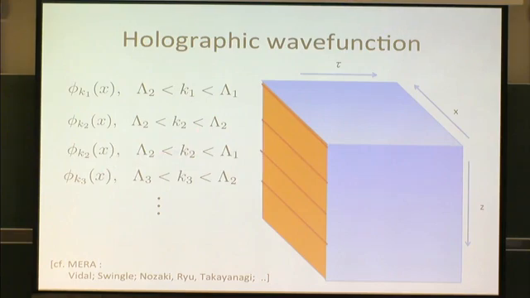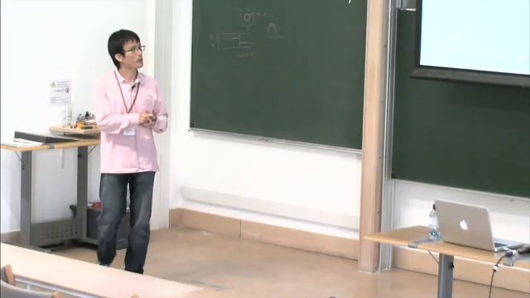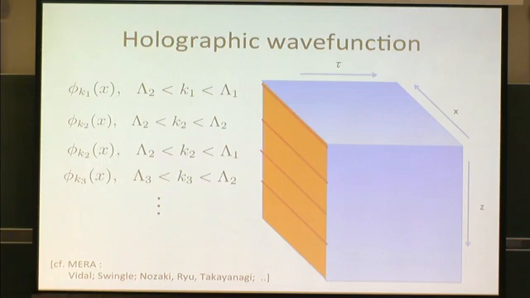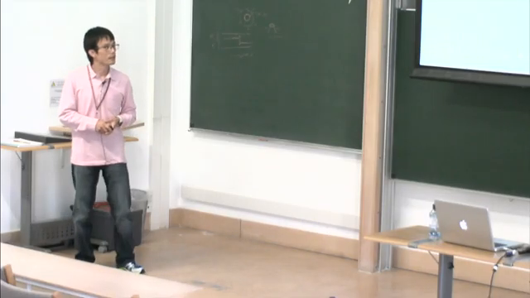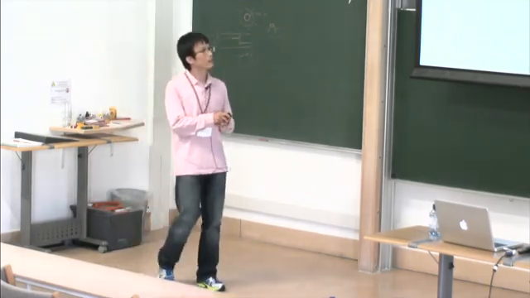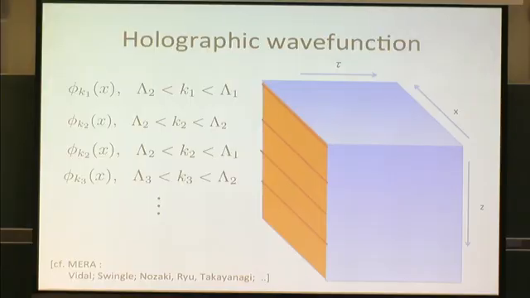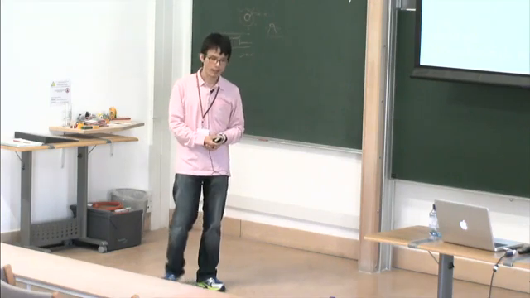But typically below, at least from your previous calculation, you cannot make this. So I'm not sure whether this can always be done. But if I choose this description, if I insist that my high energy mode here has momentum only in this range, and so on, then maybe the subtlety is that, for example, in the gauge theory, you cannot really divide your high energy mode and low energy mode in a gauge invariant way.